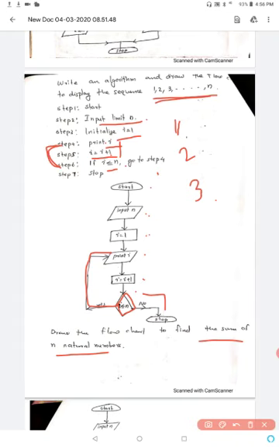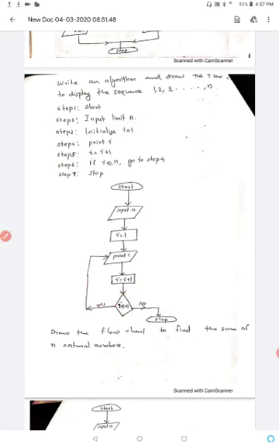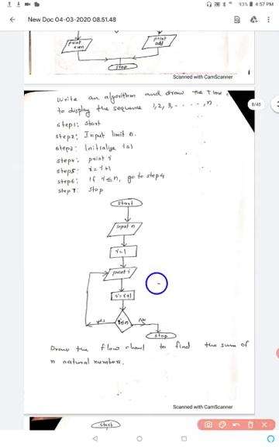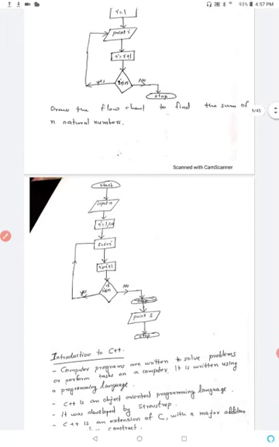So one more step we can include here: after incrementing I, sum equal to sum plus I value, sum equal to sum plus I. So sum value we have to initialize here as 0, and then each I value we get to add. In this loop we will be adding.